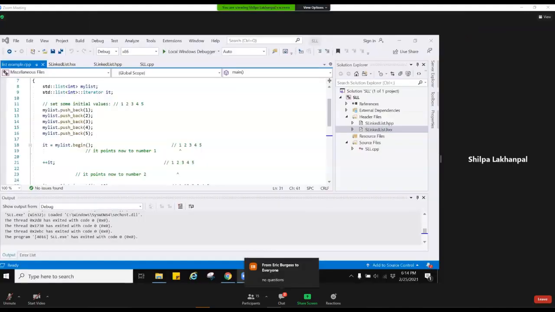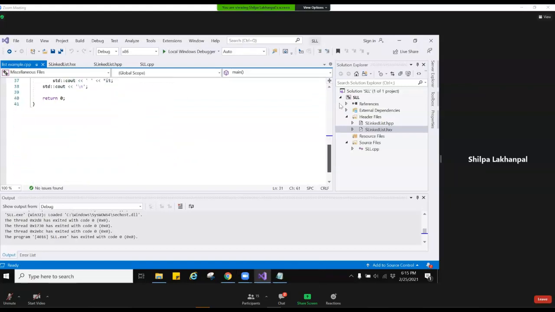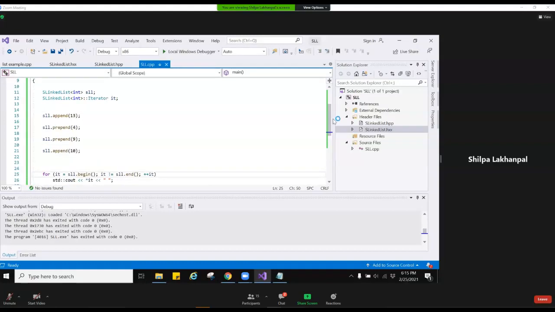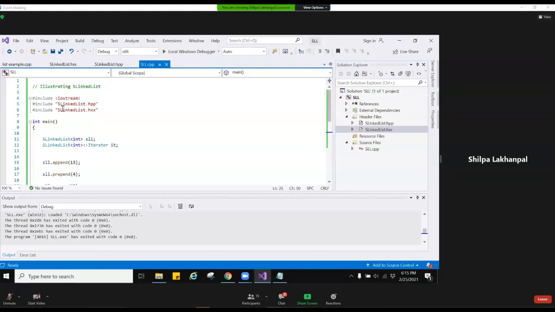Now, again, doing what we did for the singly linked list, if I want to do the same thing, which is create the same list, but now using the doubly linked list classes that I have on the GitHub, how will I go about to do that? So remember, I have to actually include the relevant files from the GitHub.